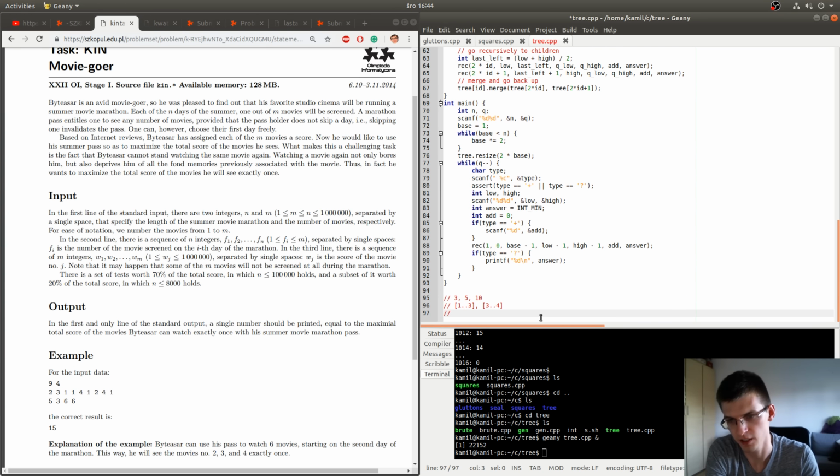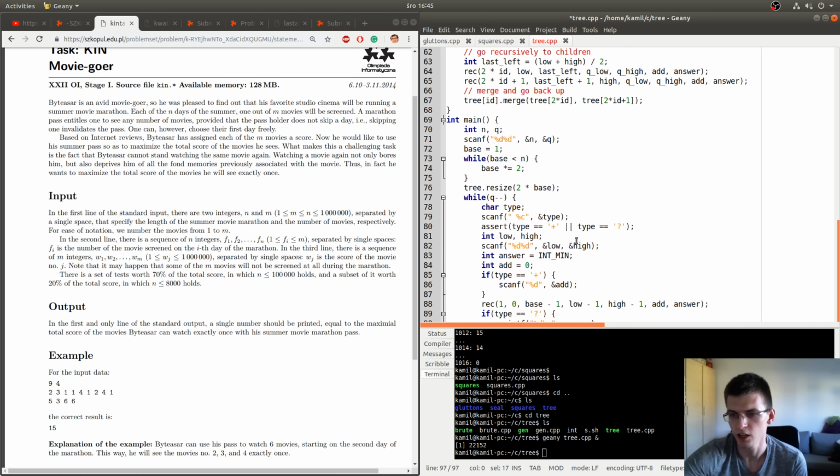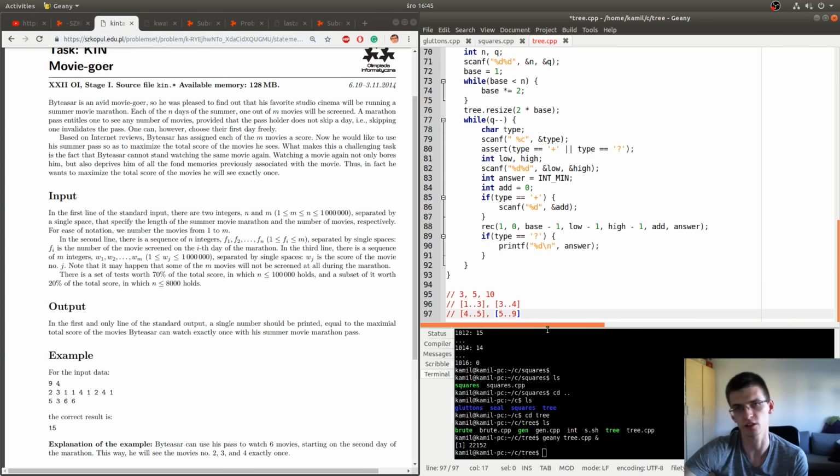Also, if it starts between 4 and 5, and the end of the interval is between 5 and 9, then the same, and the same if it contains 10. So this represents a case where your interval contains index 5, but doesn't contain other occurrences of this movie. Okay, and now it's possible to visualize that.